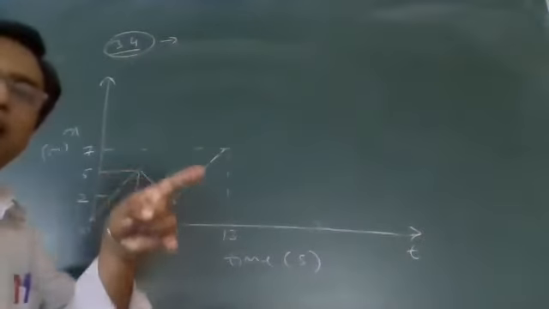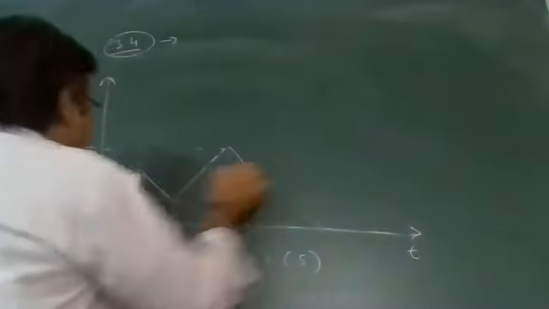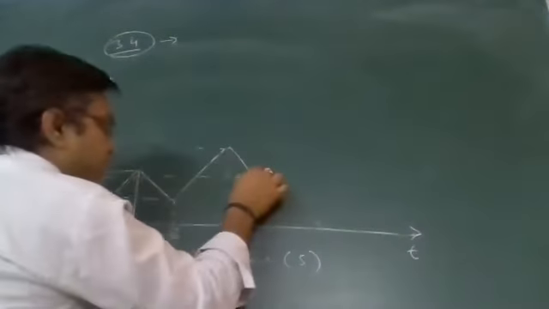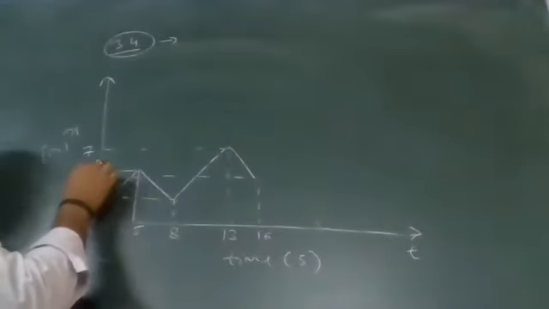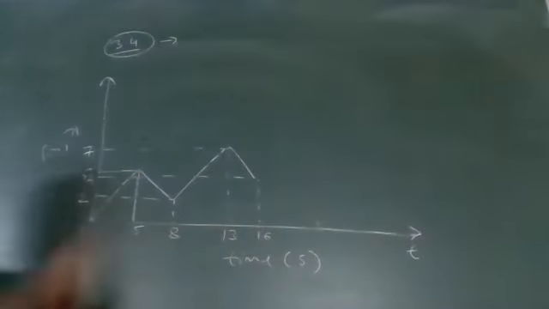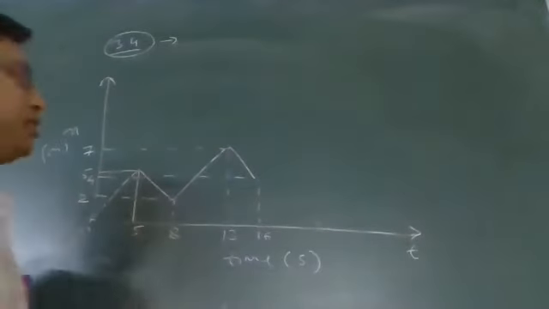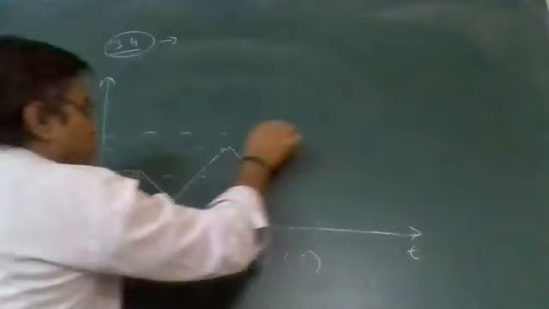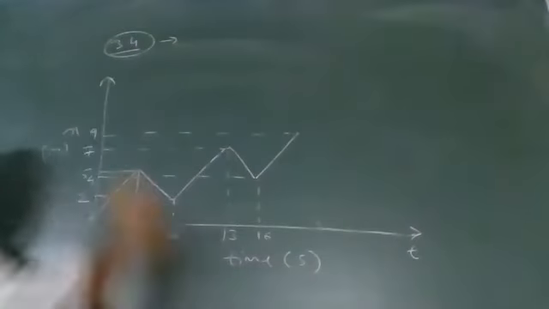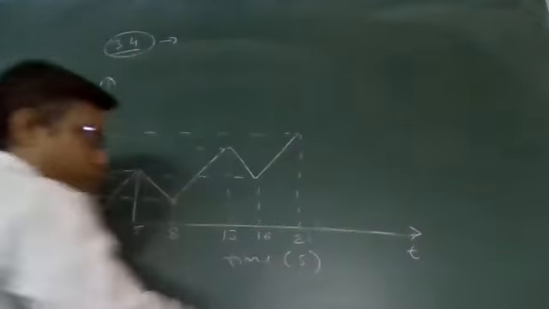After the 7 meters, again 3 steps backwards. If 3 steps backward, then time will be added. This time is 16 seconds, and this distance is 4 meters. The drunkard is now at 4 meters. Now the process starts again, 5 steps forward. From the 4, he will go to 9. There he will be at 9 meters, and the time here is 21 seconds.